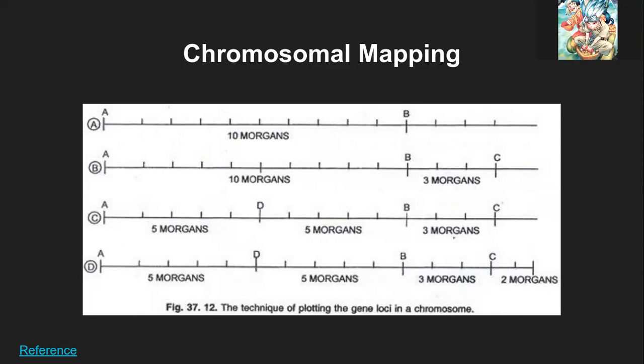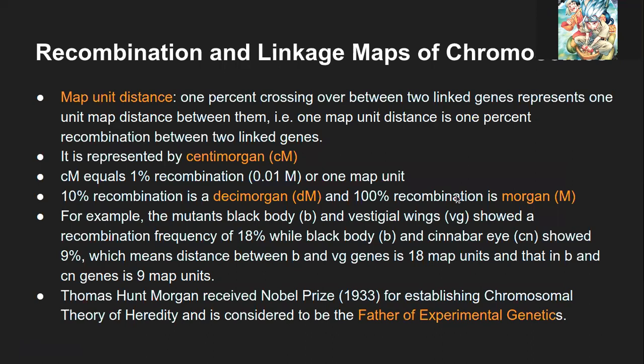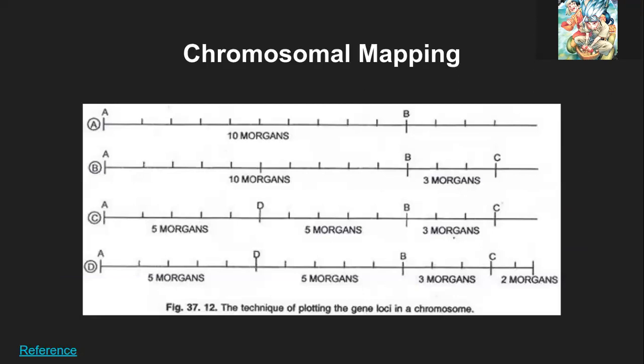But sir, at 1 Morgan distance, they said it's 100%. So at 10 Morgan distance, like the law that he said, the probability of recombining increases with distance. So even if it doesn't increase at 100%, it can't increase more. So it should stay 100%. Because if the distance was 1 Morgan, then it would be 100%. And it can't decrease with distance, right?